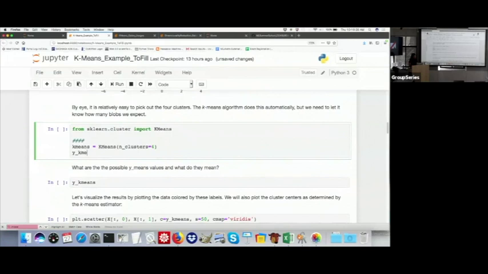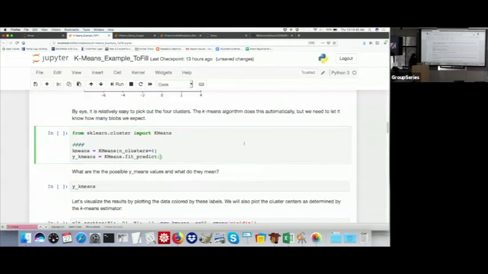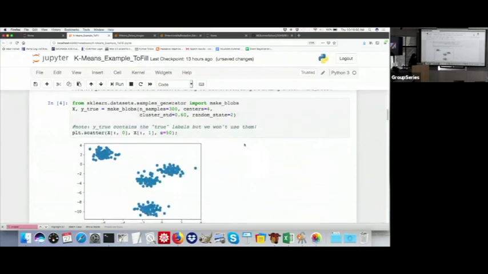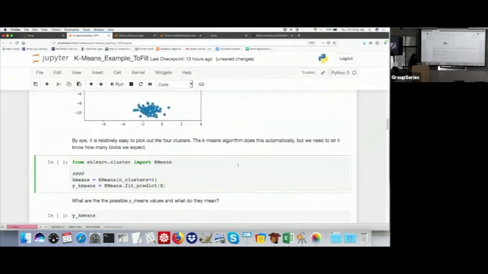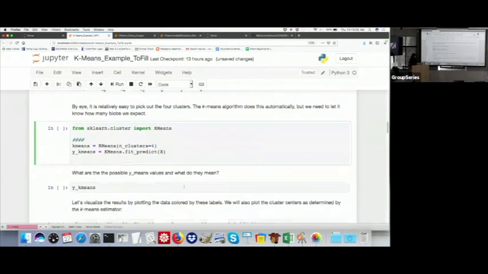We can create from that a new vector that has basically the predictions of the assignment of each point to a certain centroid, and I believe this is fit_predict, and then my distribution of points, which was called X. And then once you fit the model, then the centroids will be available in,